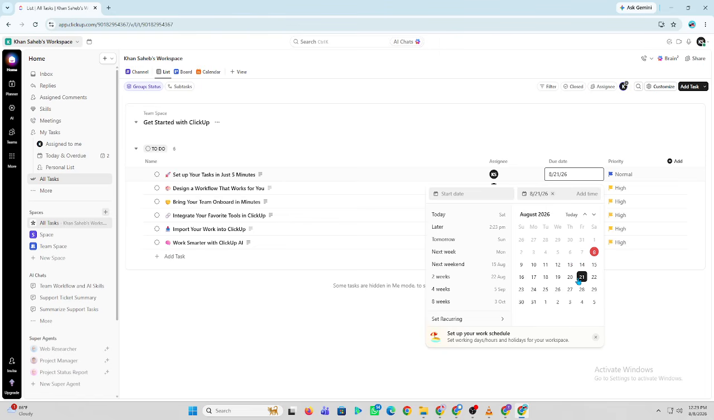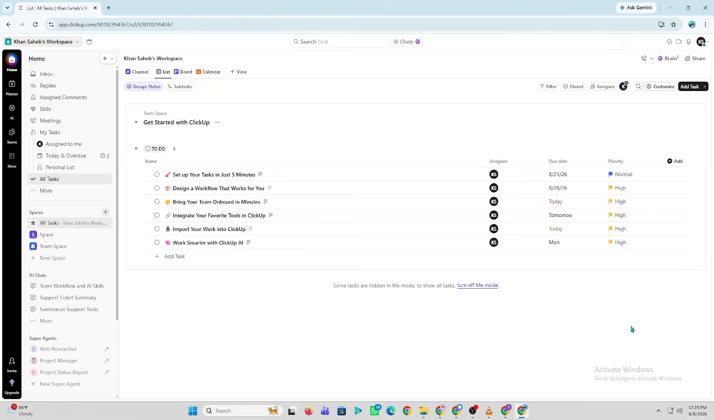Share dashboards with your team or stakeholders so everyone has access to the same project information. Finally, update your reporting dashboards